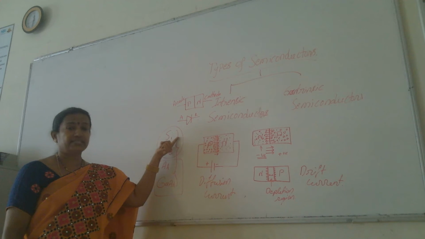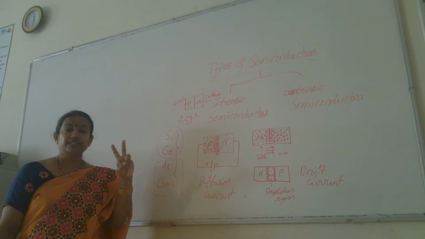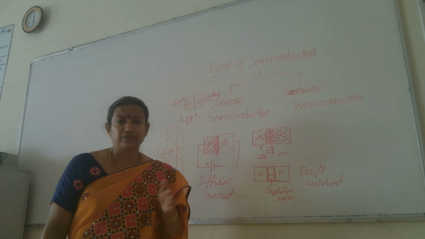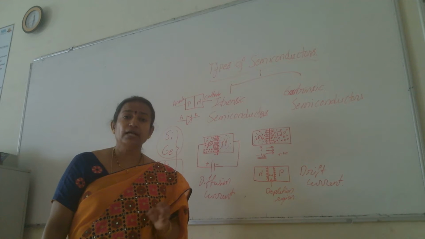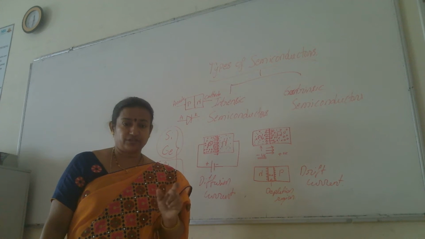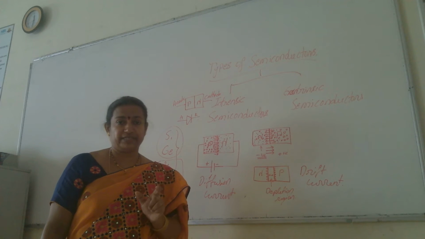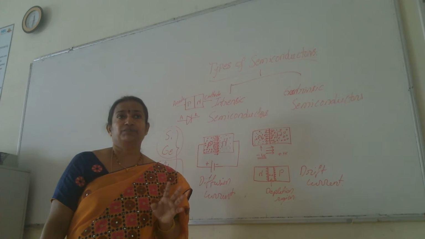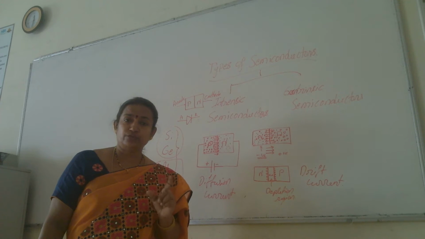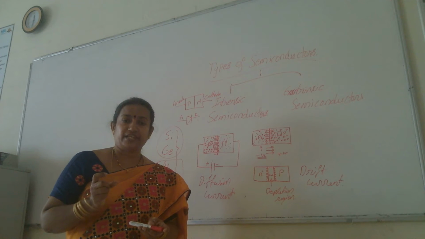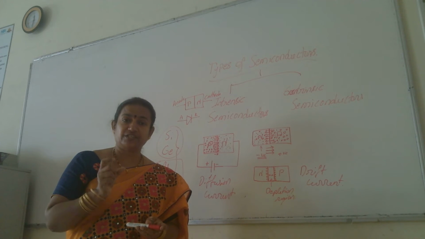Let us see first silicon and germanium. Out of these two types of semiconductor materials, which material can we use more frequently and which less frequently? Let us have some discussion on these two types of semiconductors, silicon and germanium. The basic difference between these two types of semiconductor materials is the number of charge carriers, the number of charge carriers present in a cubic